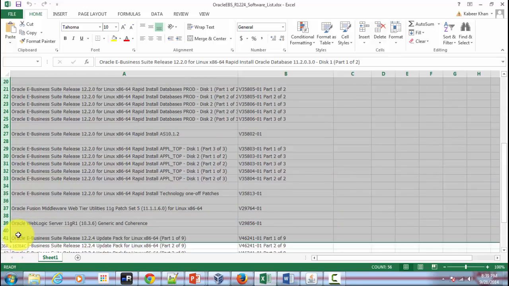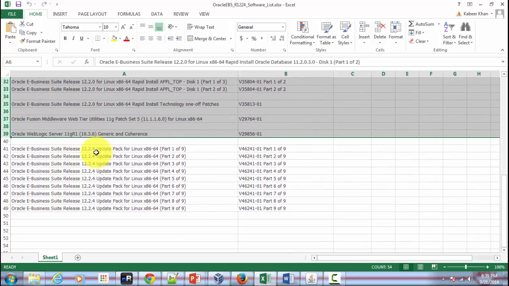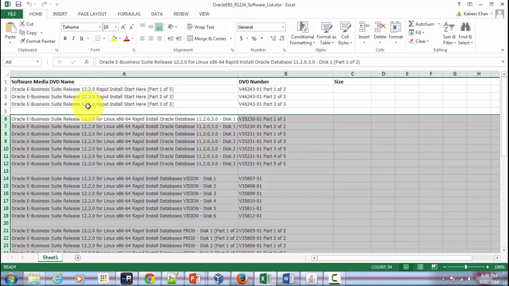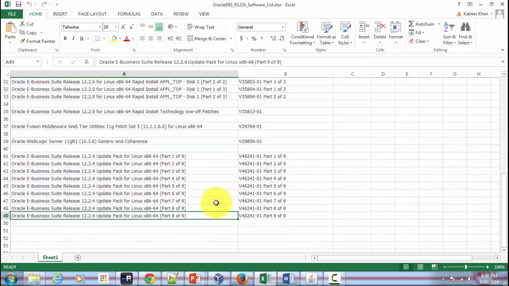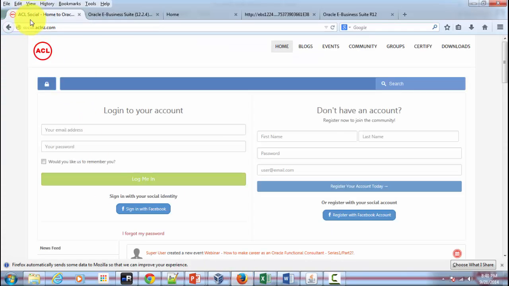And then what is different over here is this additional 12.2.4 mega patch. So simply download the files which I have not highlighted in this Excel file. If you would like to refer to this Excel file and this particular list, then I have attached this file on my website, which is